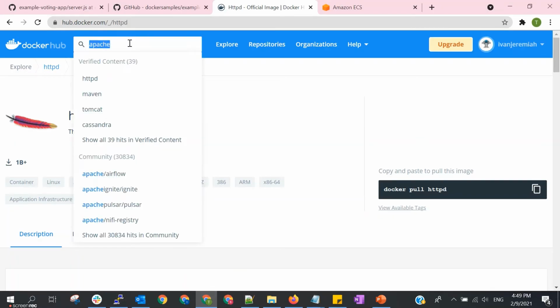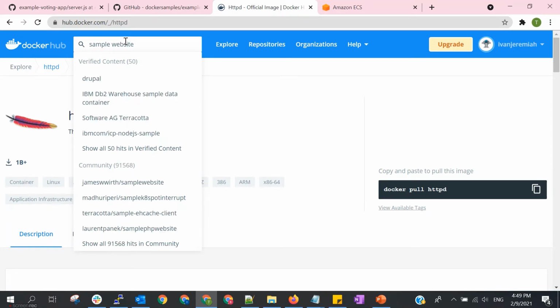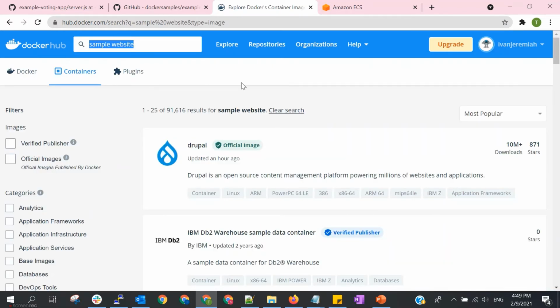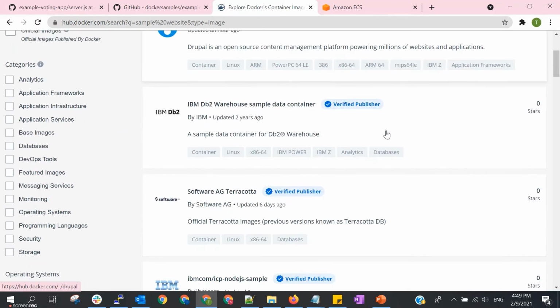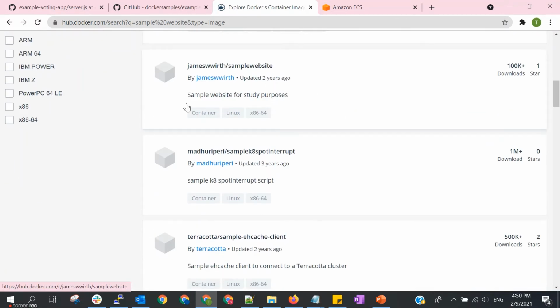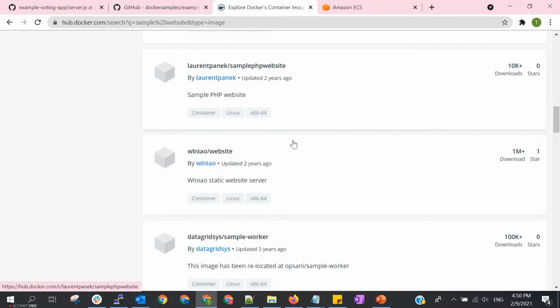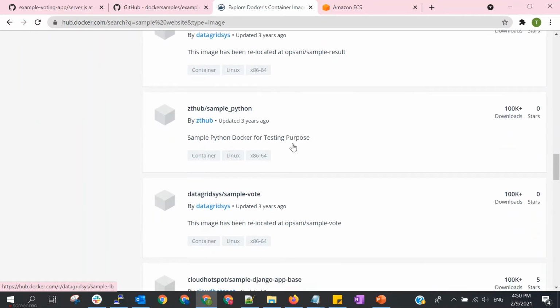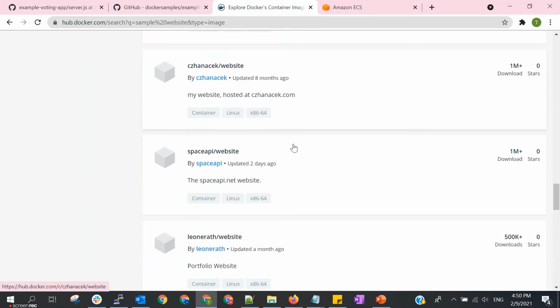Let's say if you want to run some other thing, you can actually find anything from Docker Hub. Let's say you want to try running a sample website. For non-official images, sometimes it's not really running well, but you can play around with this.